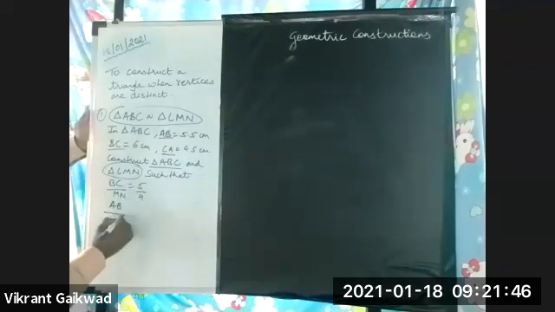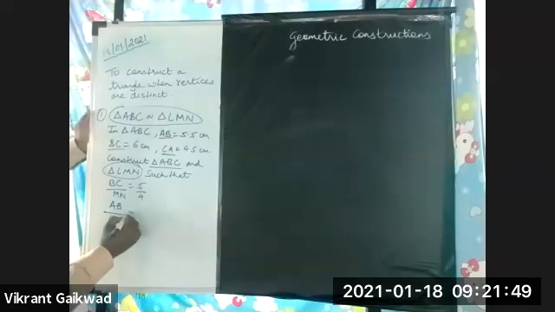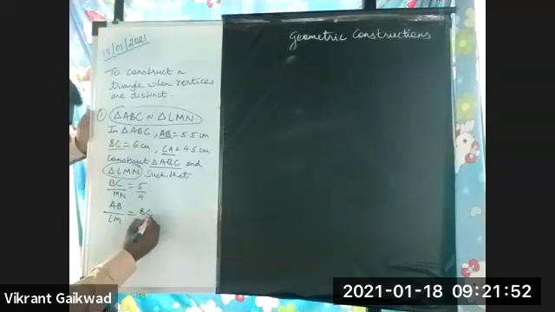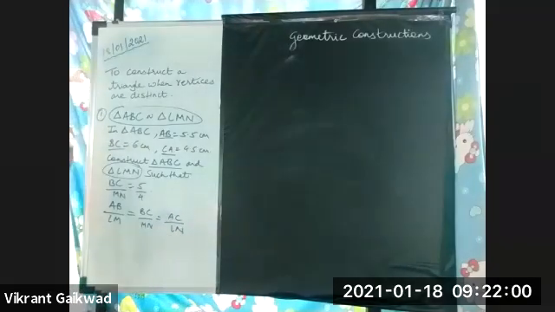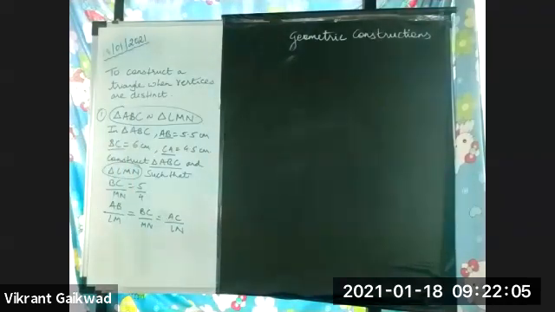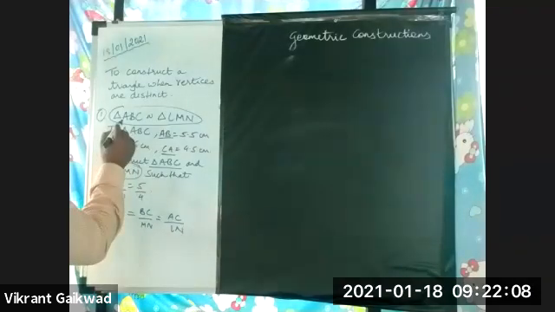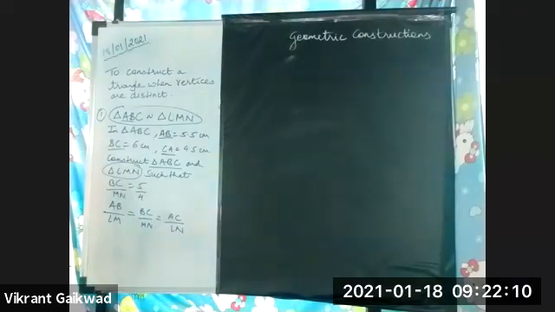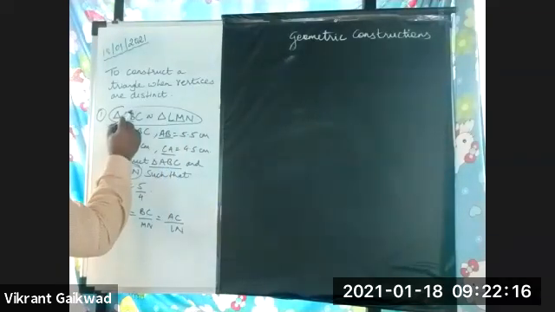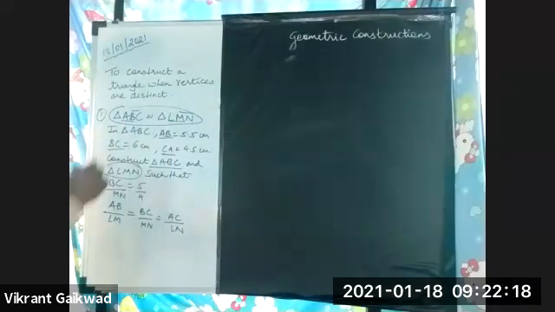Understood? So with help of this, say AB upon LM equals BC upon MN equals AC upon LN. You have to take one-to-one correspondence for this. How I have done, check? I've taken first two vertices from triangle ABC, so first two vertices here. When I'm taking second two, I have to take second two. When I'm taking first last, take first last. Is this clear?